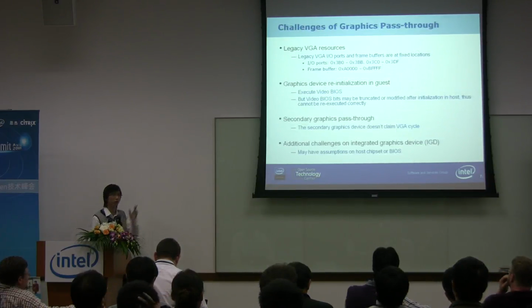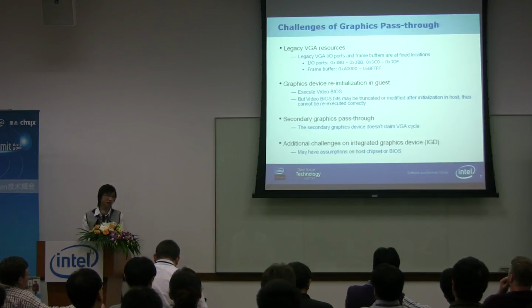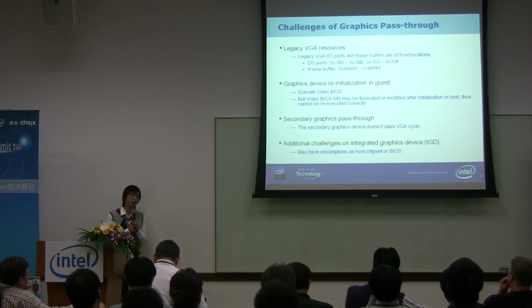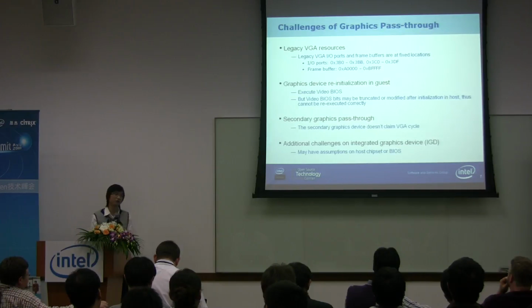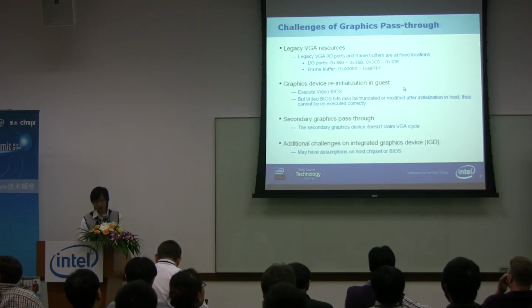Next, the general PCI passthrough cannot support graphics passthrough because there are some special challenges. The first one is the legacy VGA. It's inherited from the past. The VGA resources, the I/O ports and the memory range, are not on the device. They are at a fixed address in the system memory. So how do we make the assigned device in the guest use VGA? This is a challenge. The next is about the